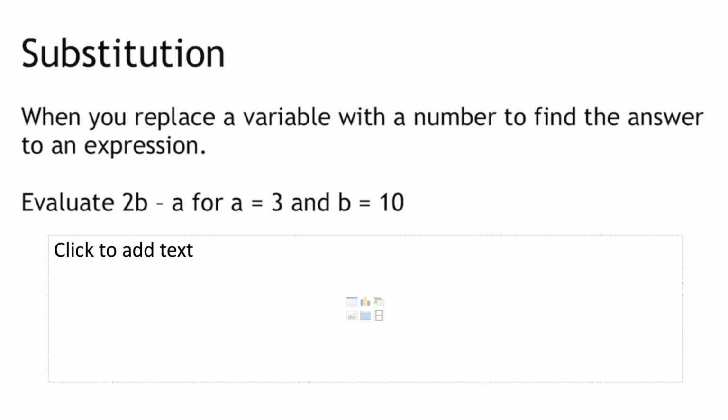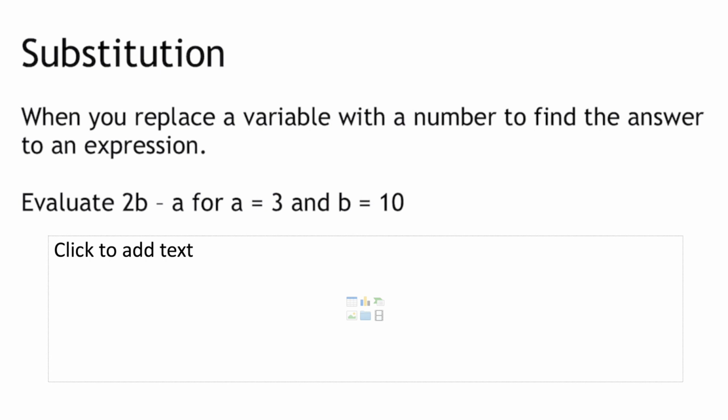So substitution is where you replace a variable with a number to find the answer to an expression. Remember, an expression is when you add or take away two terms and there's no equal sign. So you don't know the value to this yet. So what we're going to do is find the answer using the